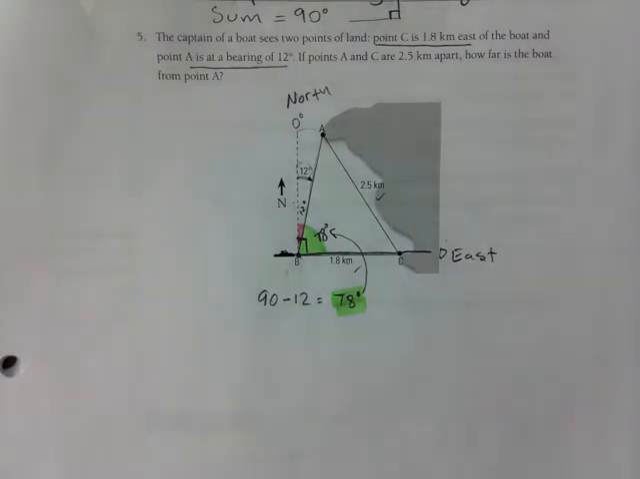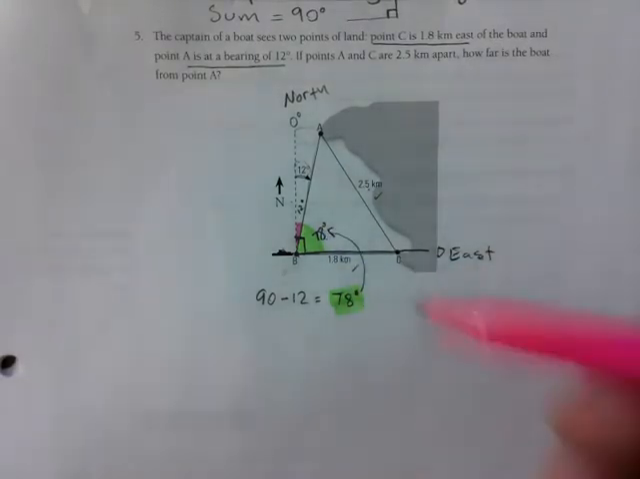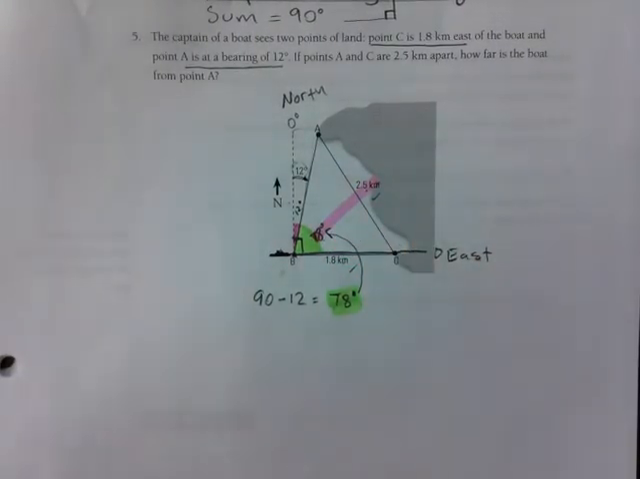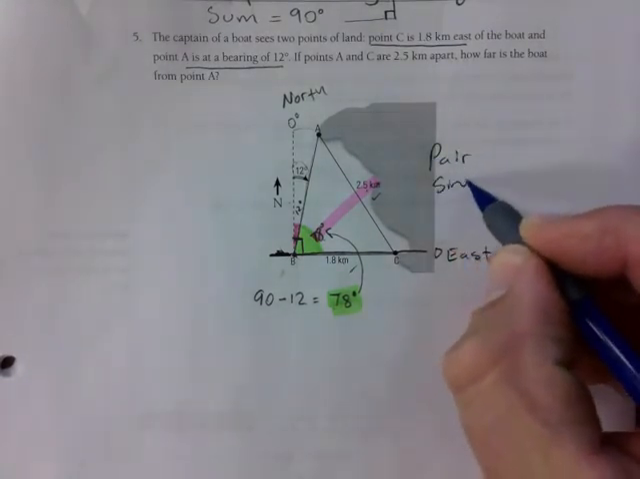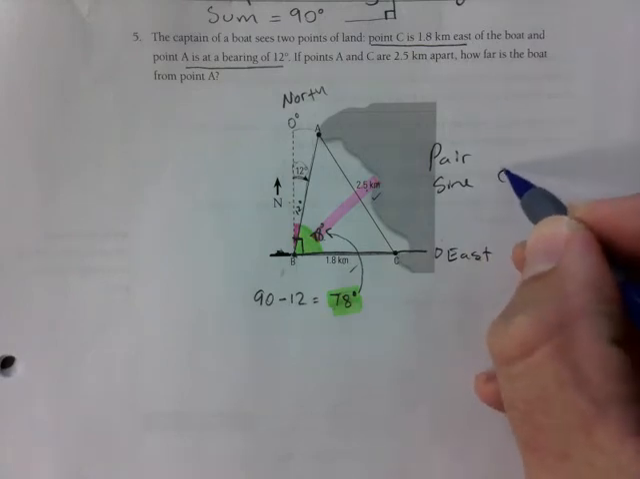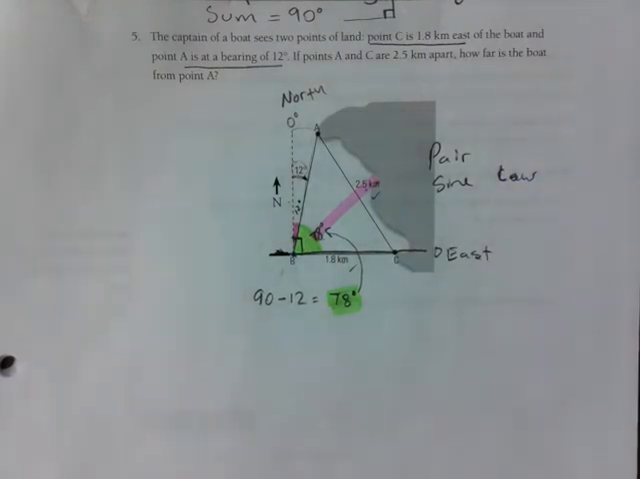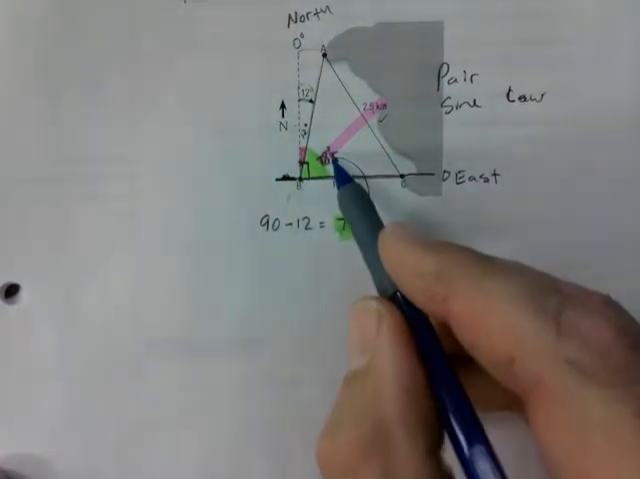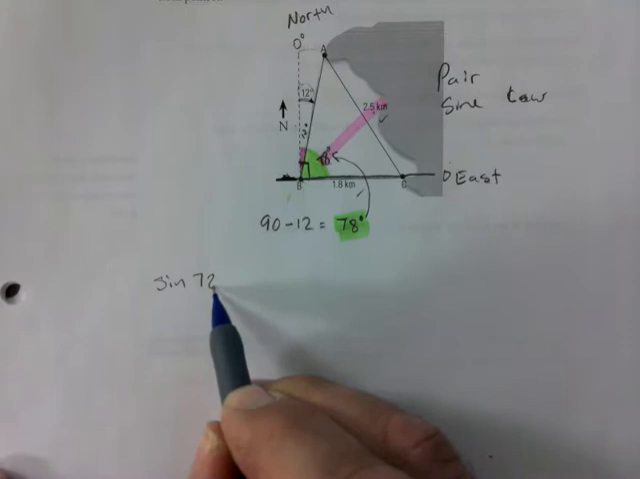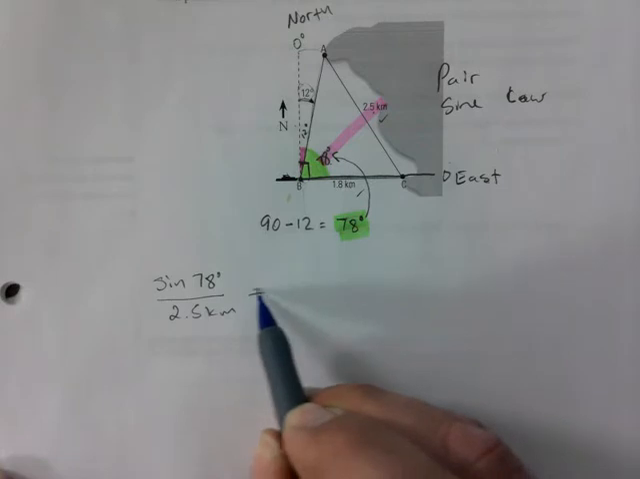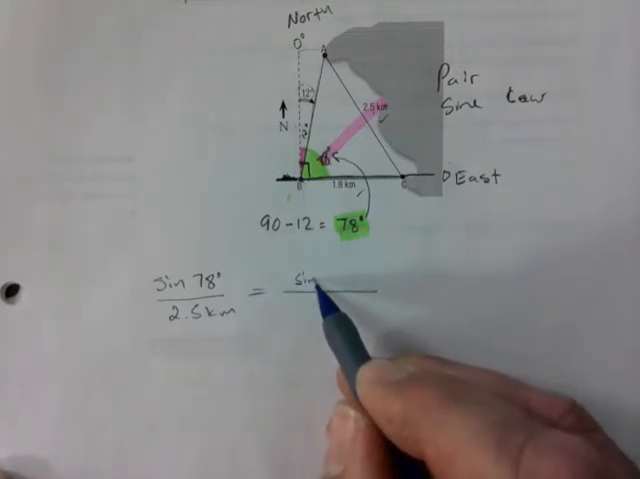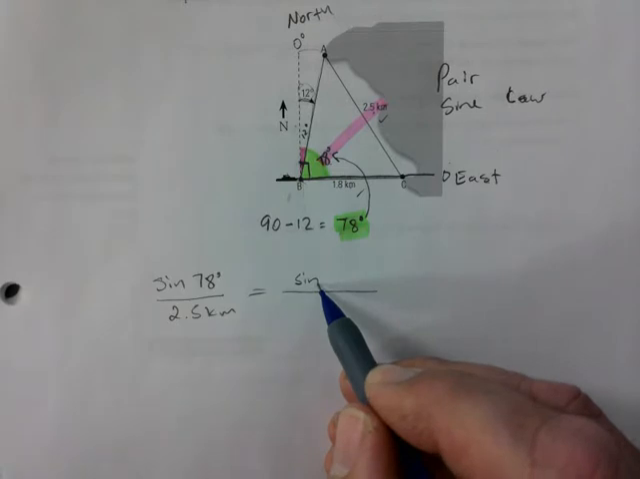So right now it's basically what we've been doing all along. I'm basically preparing you for the AC as well. So you have a pair. This is your pair, so you have your sine law. You have a pair, we use sine law. And I will do a cosine law in a bit. Okay, so let's go ahead and solve that. So sine of 78 degrees, lots of room down here, over 2.5 kilometers is equal to sine of